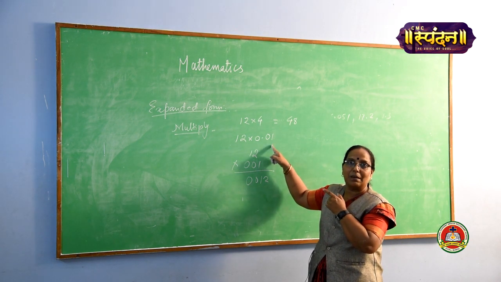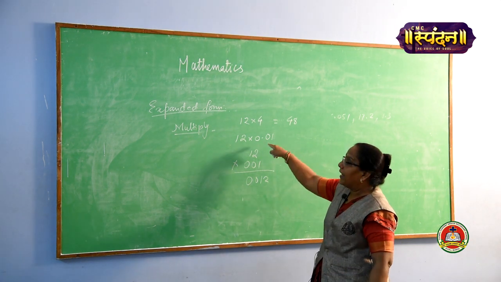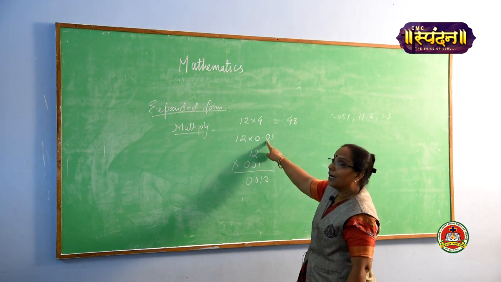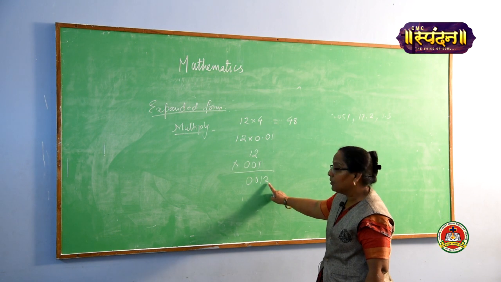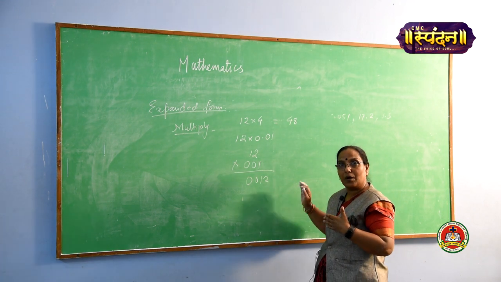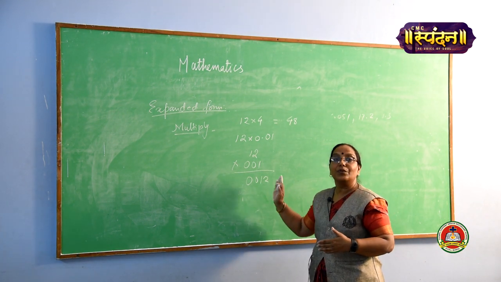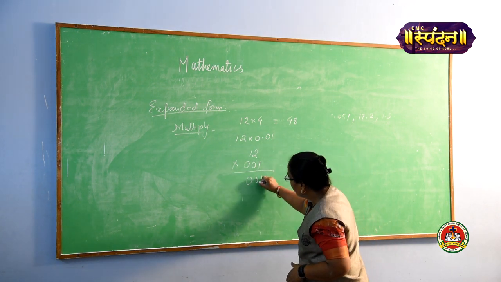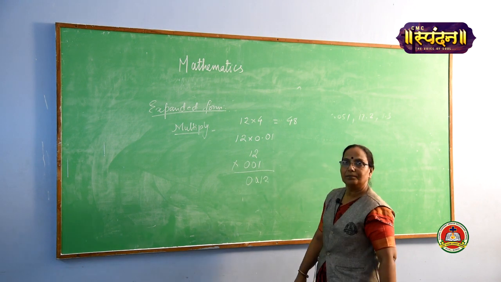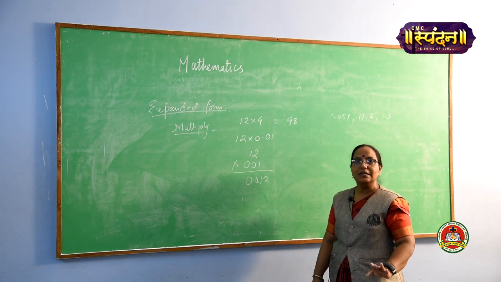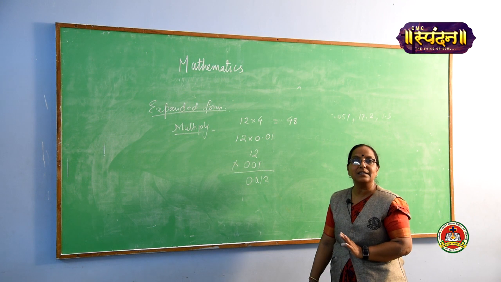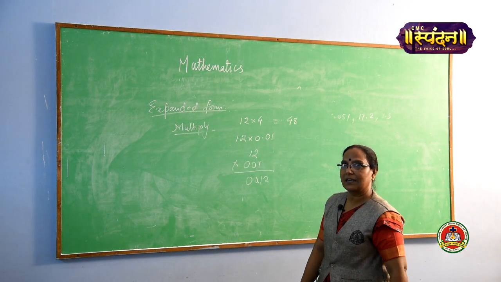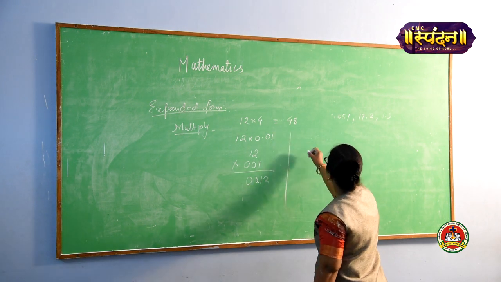Now see, when the simple multiplication is over, your answer is there, but this is not the final answer, because we need to keep the decimal point also. So where are we going to keep the decimal? See, after the decimal there are 2 digits. So we have to count the number of digits from our right side moving toward the left side. So 1, 2, here also 1, 2, then put the decimal here. This is only simple multiplication and then placing the decimal at the correct place.